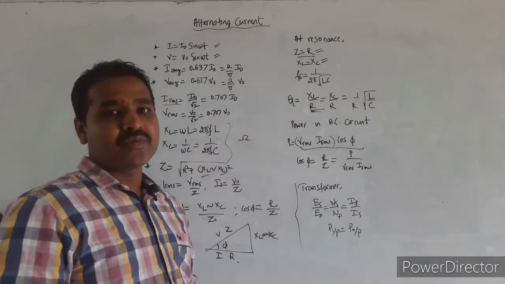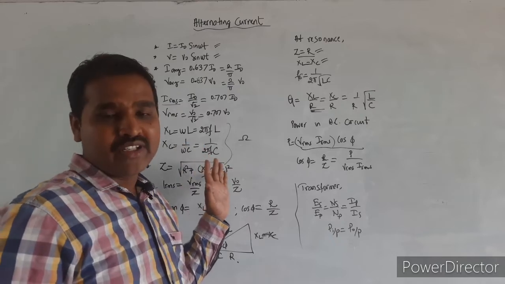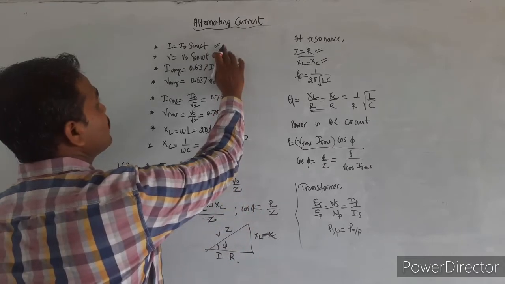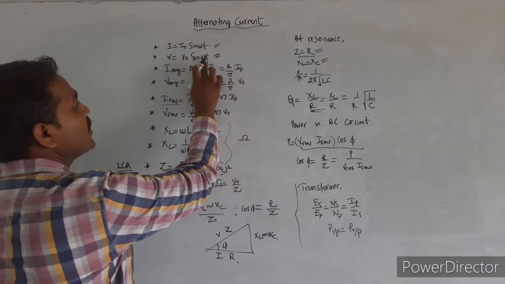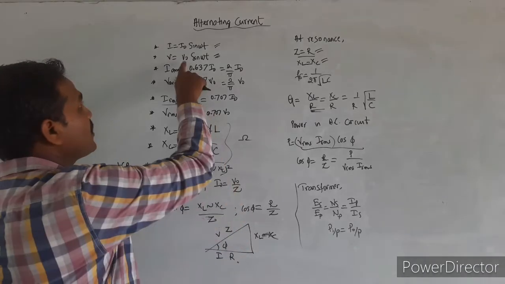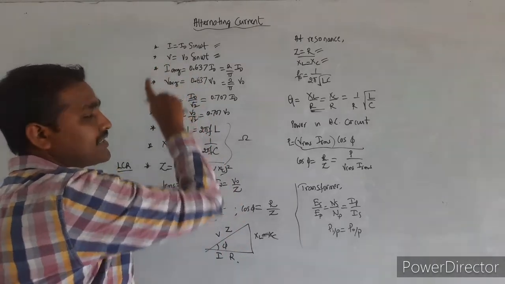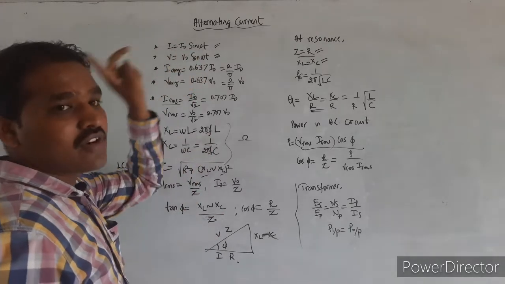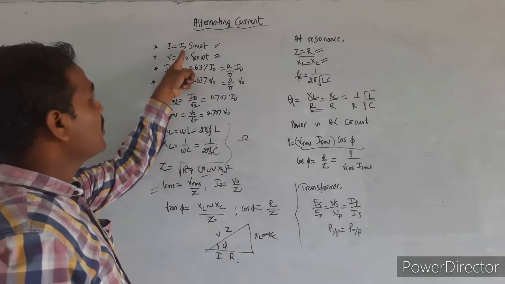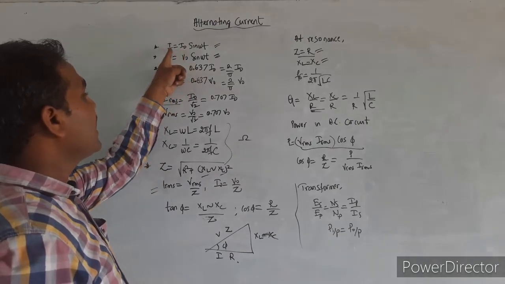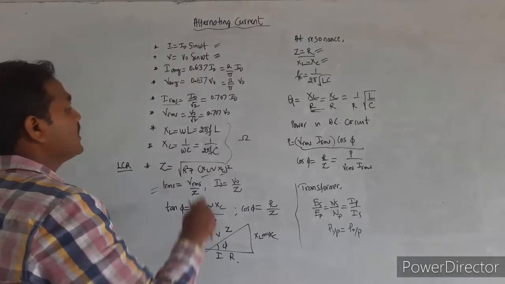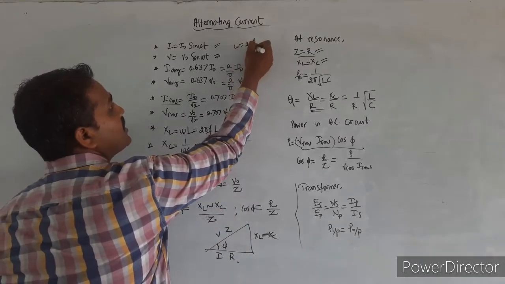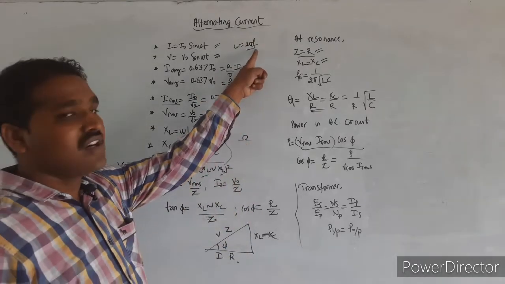Before starting with the numerical problems, let us look at the formulae that are useful for solving them. For an AC circuit, the voltage is given by V is equal to V naught sin omega t, where V naught is the peak voltage and V is the instantaneous voltage. For a resistive circuit, we have I is equal to I naught sin omega t, where I naught is the peak value of the current and I is the instantaneous value of current. Omega is the angular frequency, given by omega is equal to 2 pi f, where f is in hertz.